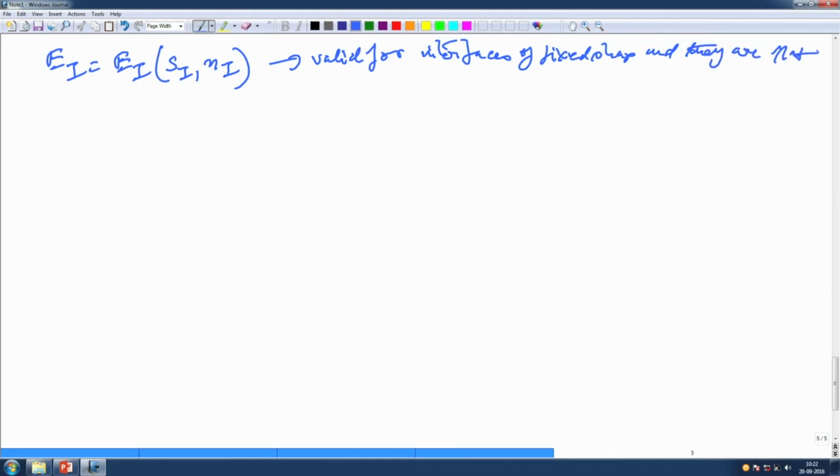There can be more complicated interfaces if the interface is deformable. So, you understand the interface is fixed. It is as if whatever exchange is happening between the two phases, the interface is remaining fixed in space. So, it is almost like a hard rigid wall kind of a thing. Okay. But if the interface is deformable,